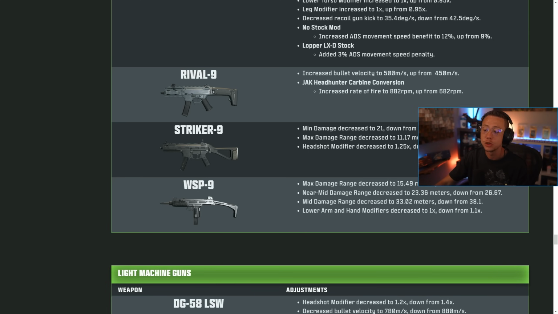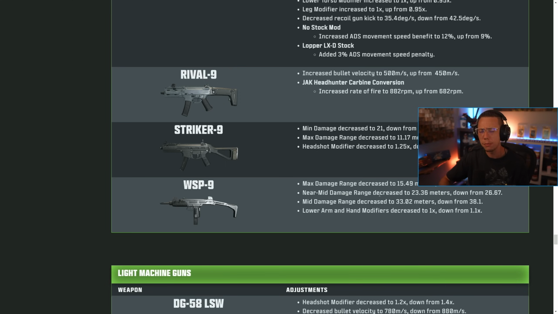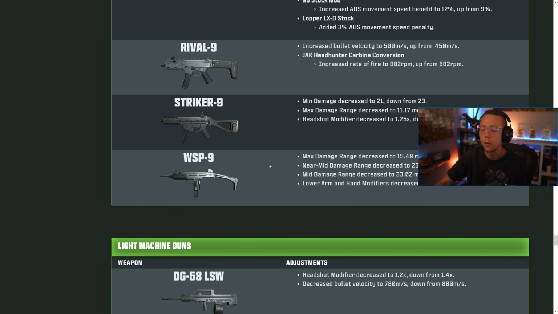Wasp 9, max damage range was decreased. Near to mid damage range was decreased. Mid damage range was decreased. Lower arm and hand modifiers were also nerfed. So the Wasp 9's close range damage is still going to be probably pretty decent. The Striker 9's won't be. This to me really makes the base Striker probably that new #1 SMG, maybe flirting with the Wasp there for